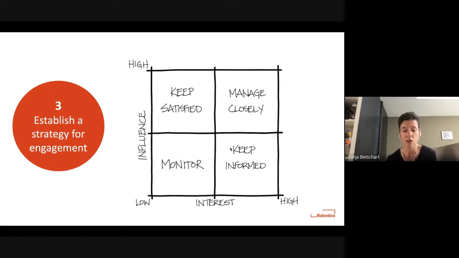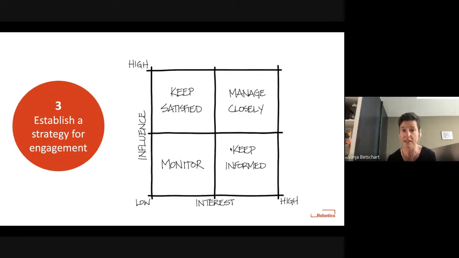This can usually include, for example, clients or sponsors or decision takers and highly influential subject matter experts. Whenever possible, these stakeholders should be explicitly part of the project. If you can make them a direct part of the project, you give yourself a very good chance that they're managed closely and always up to date, and also get a feeling of ownership, because being part of the project makes them a project owner, and they will be able to express their interest as they go, especially if they're part of the project team.